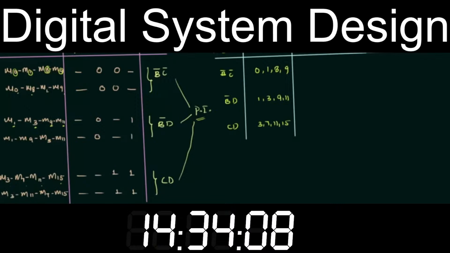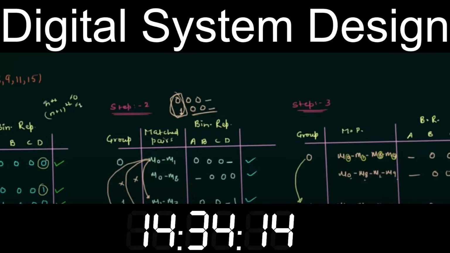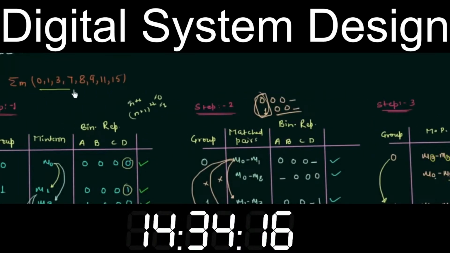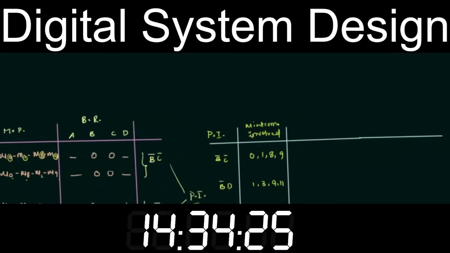If you see the problem, you will find out the given min terms 0, 1, 3, 7, 8, 9, 11, 15. We have to write this down in the last column. We will put a cross in each row under the min terms contained in a particular prime implicant. In this prime implicant we have 0, 1, 8, 9, so we will put a cross under 0, 1, 8